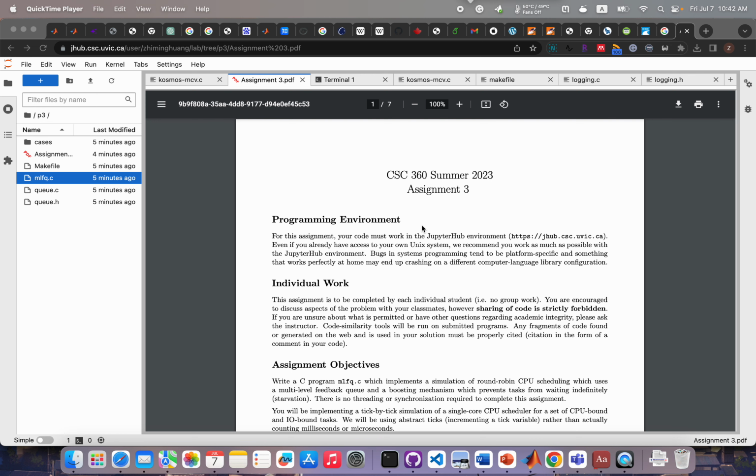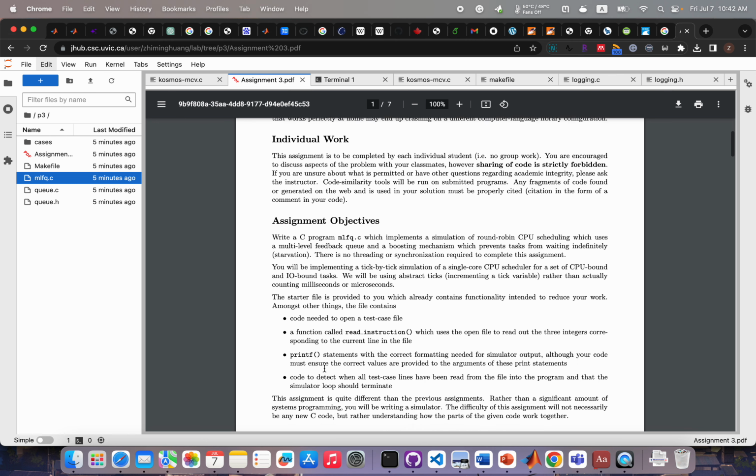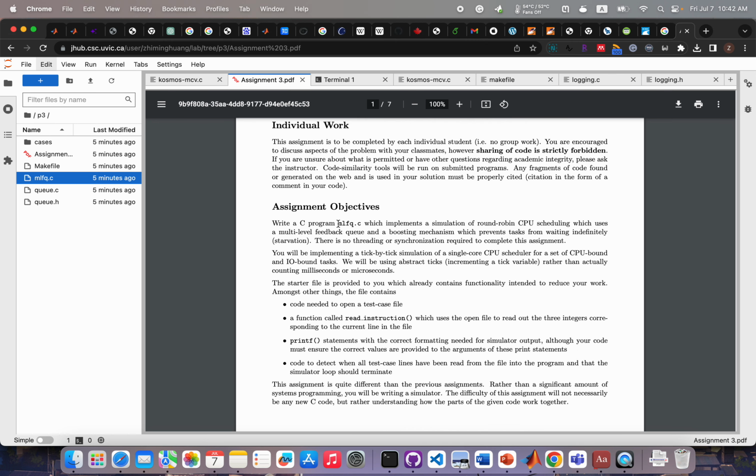Today, we will go through the specification for A3. Then we will go through the skeleton code for A3. So in this assignment, you need to write a C program called